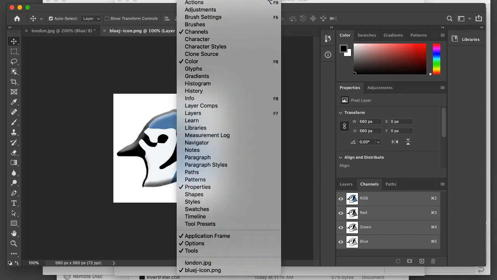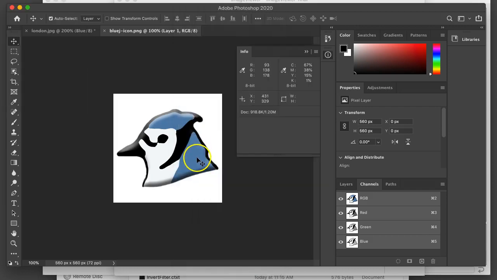In fact, if I look at the info window, this blue has a value of 178. If I go to the blue component, 178. So we can see that that's moving over. One of the filters I'm asking you to write, or actually 3 of the filters I'm asking you to write, are these channel filters. Show the red channel data, show the green channel data, show the blue channel data. And hopefully that helps give you some ideas about how to approach that particular